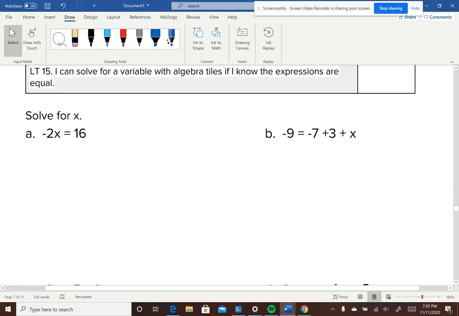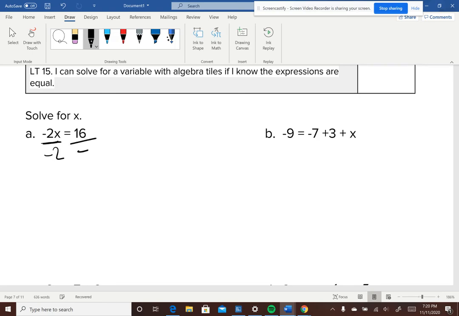Okay, now it says, I can solve for a variable with algebra tiles if I know the expressions are equal. Okay, so negative 2x is equivalent to 16. So what would x have to be for this to be true? Well, I know that the opposite of multiplying negative 2 by x is dividing by negative 2, right? That'll get x by itself. So I do the same thing to the other side. Now I have x equals negative 8. Beautiful. If you plugged it back into the equation, you see negative 2 times negative 8 does, in fact, equal